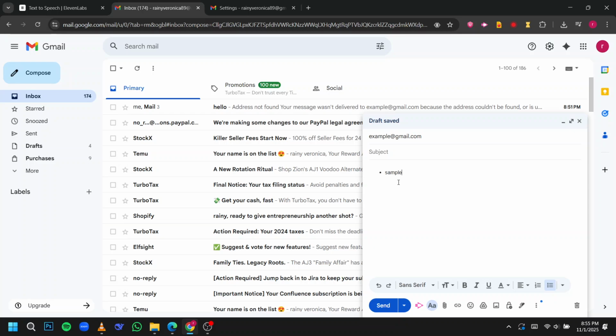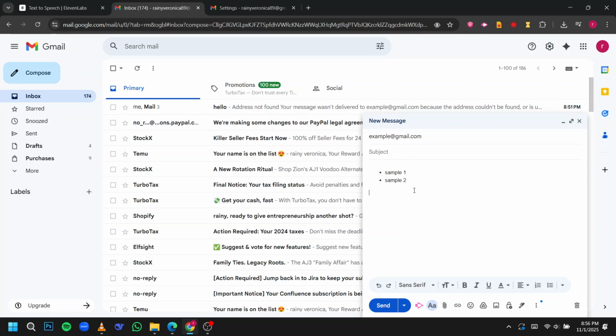Simply type your first item and hit enter. Gmail will automatically create a new bullet point for the next line. Continue adding your subsequent points using the same process. If you need to adjust something, simply use the backspace key and Gmail will automatically manage the bullets for you. When you want to stop the list, press enter twice or click away from the bulleted section. This allows you to continue writing normally and intersperse bullet points with regular text, making your email organized, clear, and